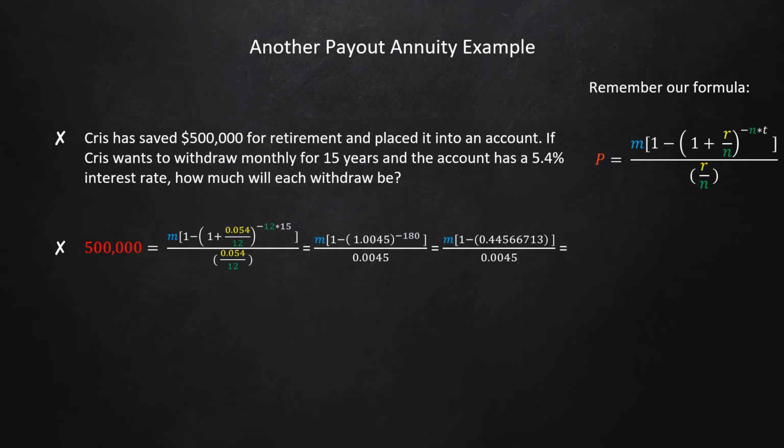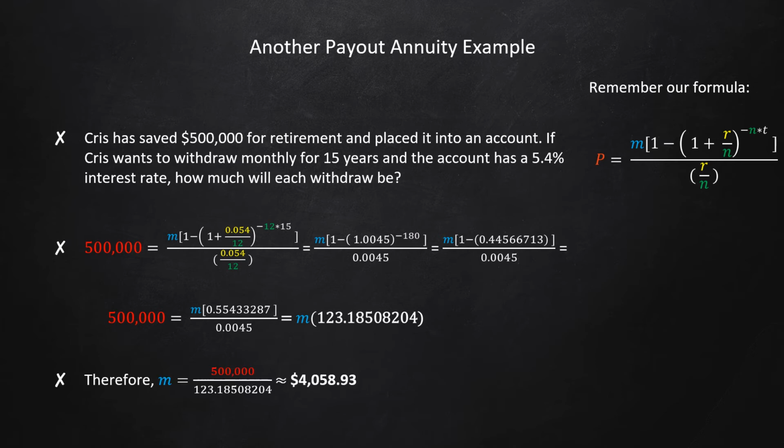Either way, when we simplify that whole bunch of numbers, we get $500,000 equals M times 0.55433,287 divided by 0.0045. And that simplifies to M times 123.18508,204. But notice we have to solve for M, so we still haven't finished yet. We divide both sides by that 123 number, and we get